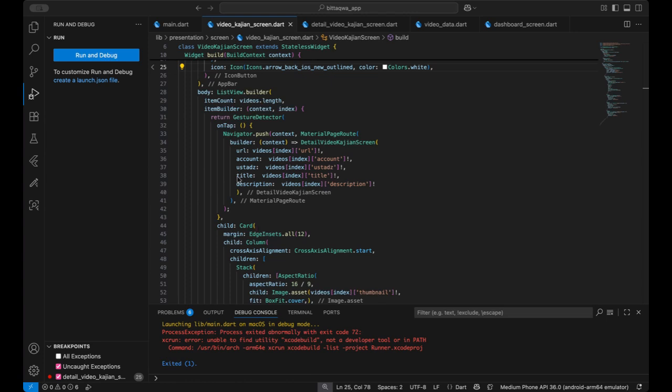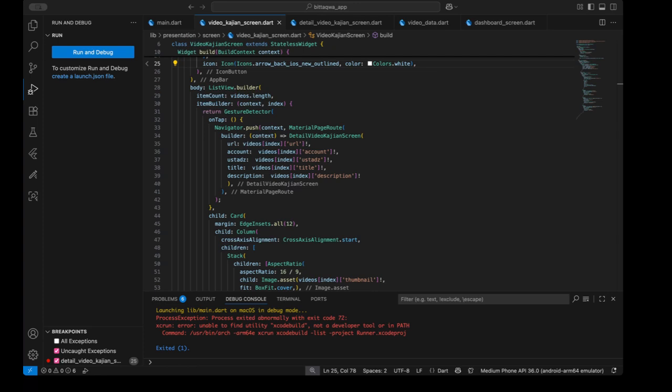And then for the list view, each item is wrapped with a gesture detector so it becomes clickable. When we tap the card, it will navigate to the detail video screen and send the video data.